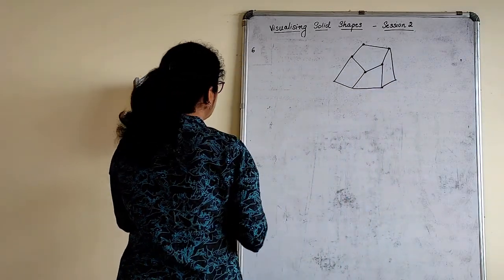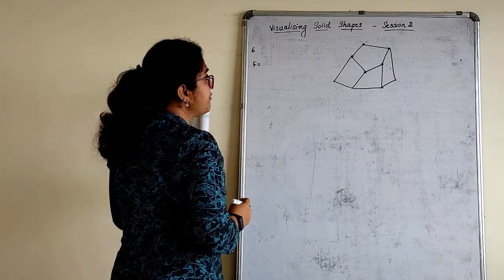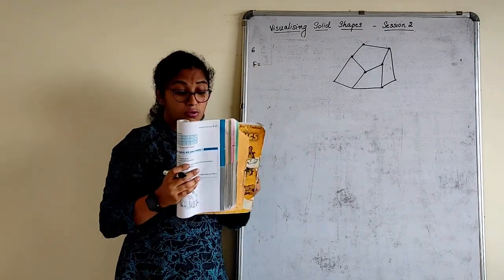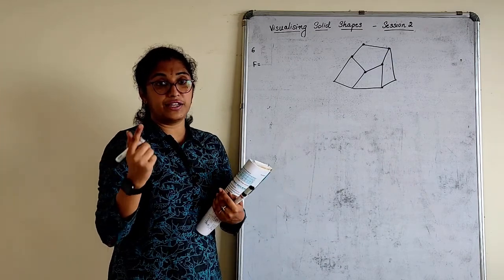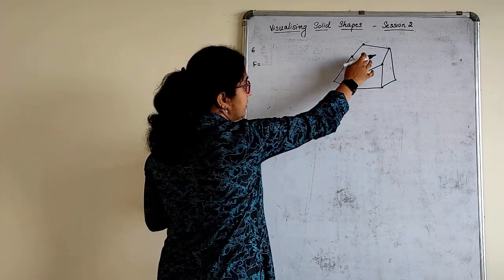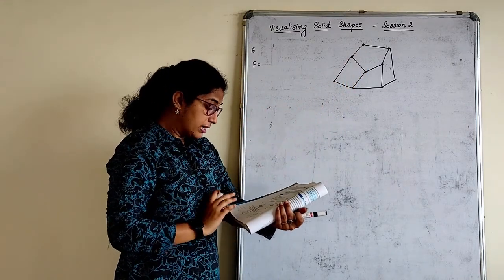Okay. Verify Euler's formula, children. So first of all, for the faces, we want how many faces? Now first of all, see how to know, because the given figure is not 3-dimensional, then how can you identify the faces? The hint here is, first of all, it's a prism. We have understood that. What type of a prism?